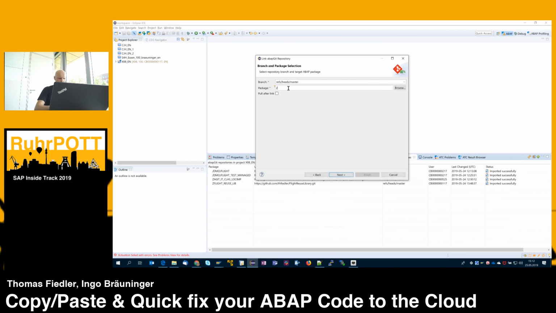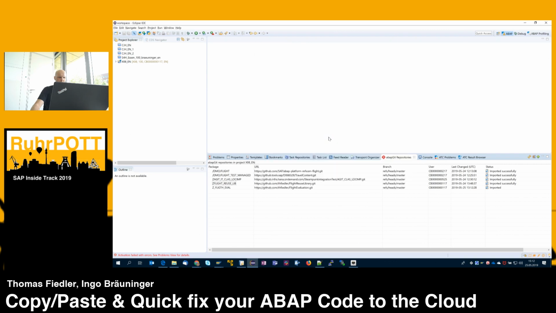Then our package is ZF, flight evaluation. So we are now pulling all the stuff into this Git repo. Import it. Say pull. Then it will take some seconds.